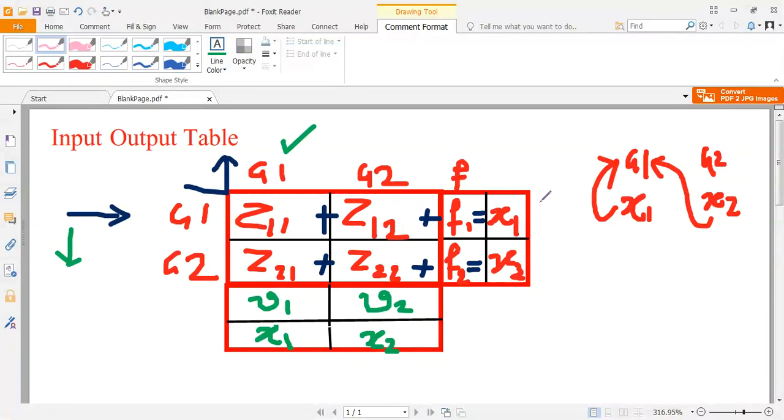If my economy produced 5 units, one part of it went to the first sector, two parts of it, let's say, moved into the second sector, and the rest, if this was 5 and this is 3, so 2 units were used in the final consumption. This direction is, if this is 5 units, one unit of X1 is needed, and let's say 2 units of X2 is needed for the production of X1. This looks at the production side, this looks at the distribution of the outputs, and this looks at the production